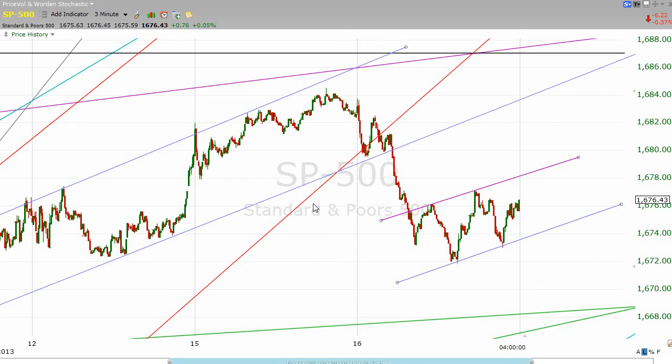So let's just keep our eyes on this. This has a little bit of a bullish shape to it, but that would not be confirmed until the S&P took out this top resistance line. If it does that, then I would expect a back test on this blue line. If, on the other hand, tomorrow we come back down and put pressure in the mid to low 1670s and we break support of this little pattern that started forming today, then I would be looking for at least a test down in the high 1660s.